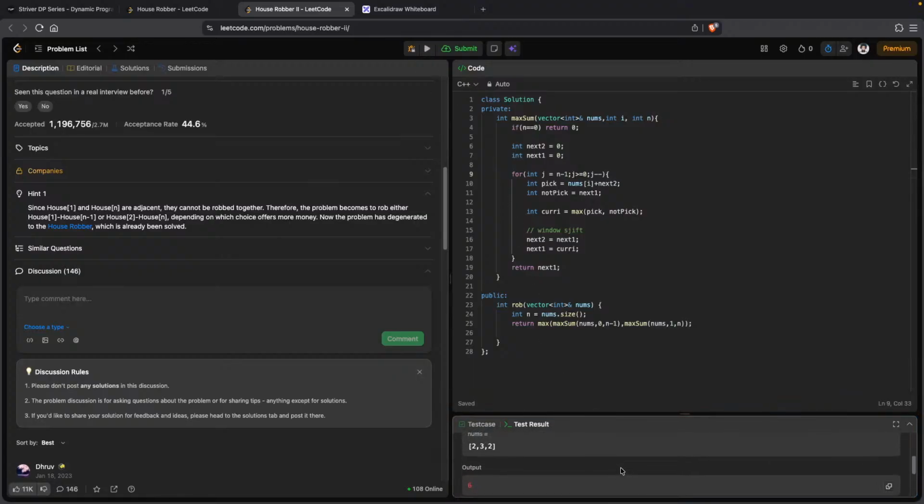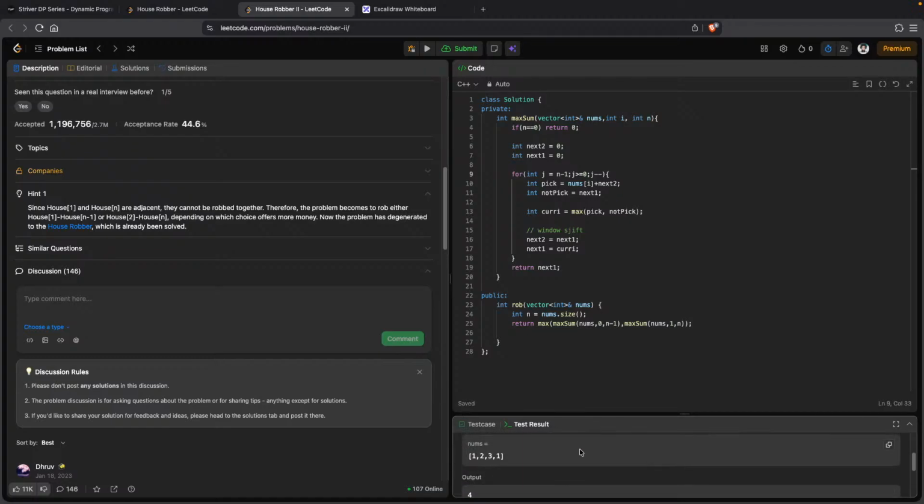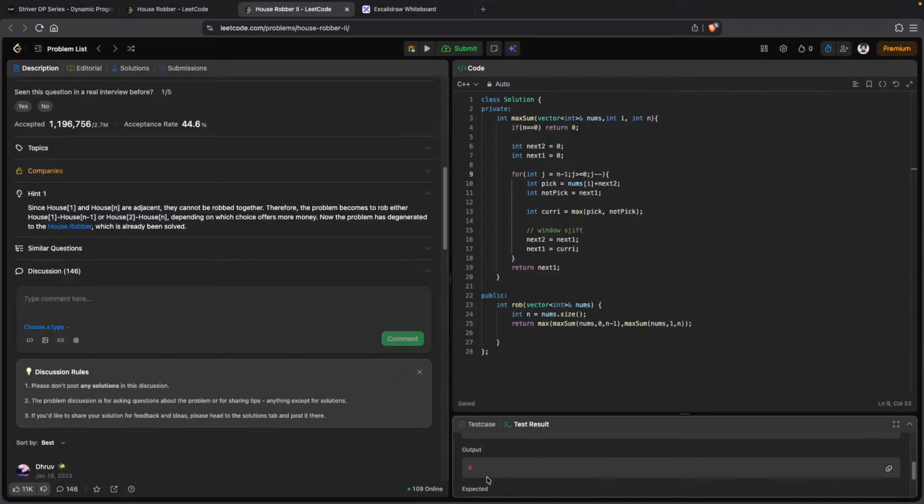We are getting the solution 6. Why are we getting 6? And for this solution we are getting 4. And for this solution, okay, in this solution we are taking 1 and 3 both, but we didn't have to take both. We just have to take the middle one, because